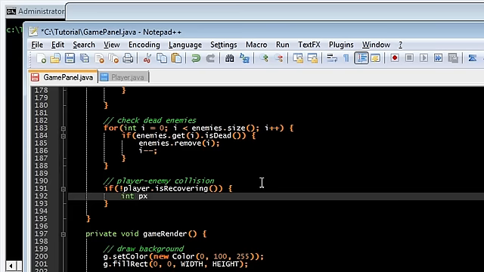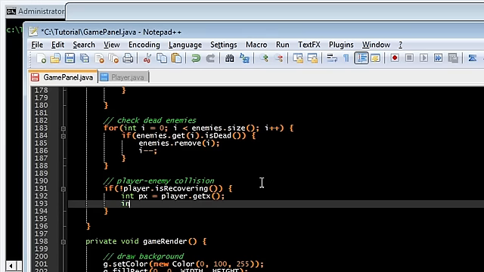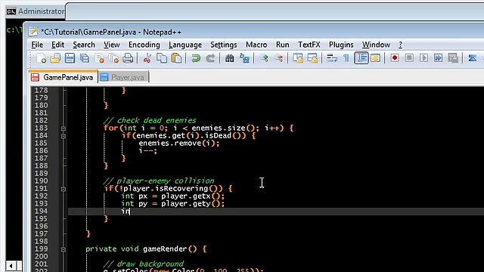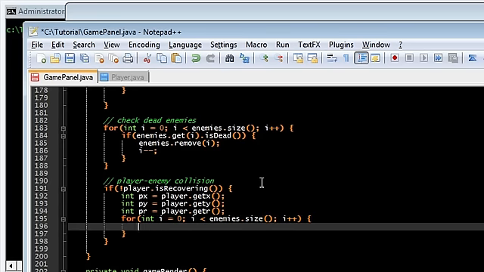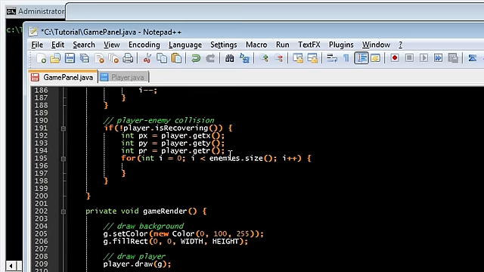We need the 3 things, the x, y, and r radius. So px is player.getx, py is player.gety, pr is player.getr. Now we need to loop through all of the enemies, enemies.size, and here we have to get